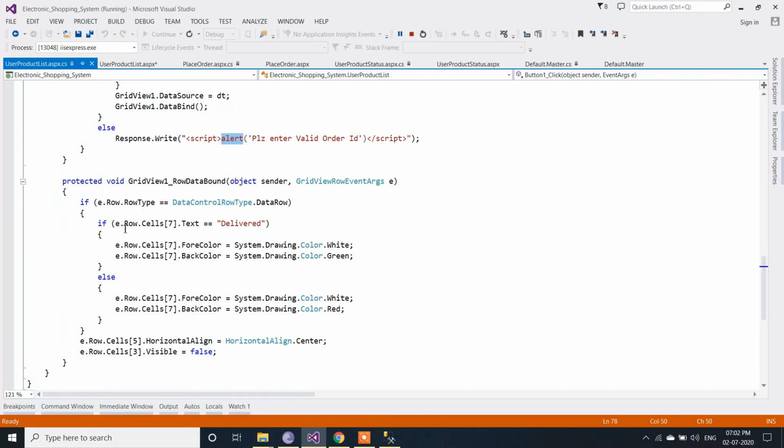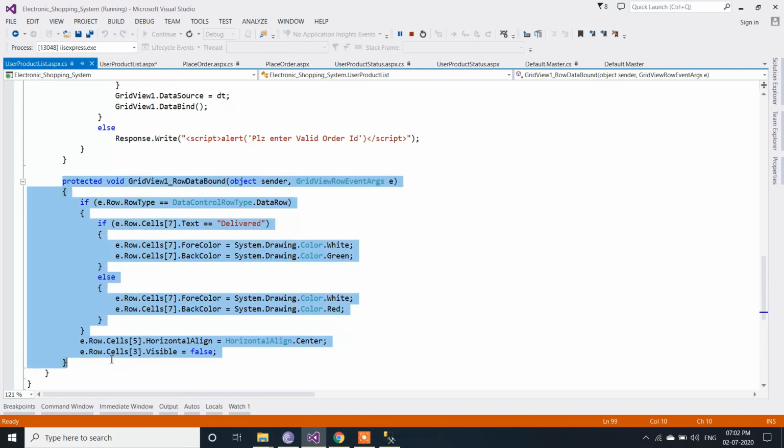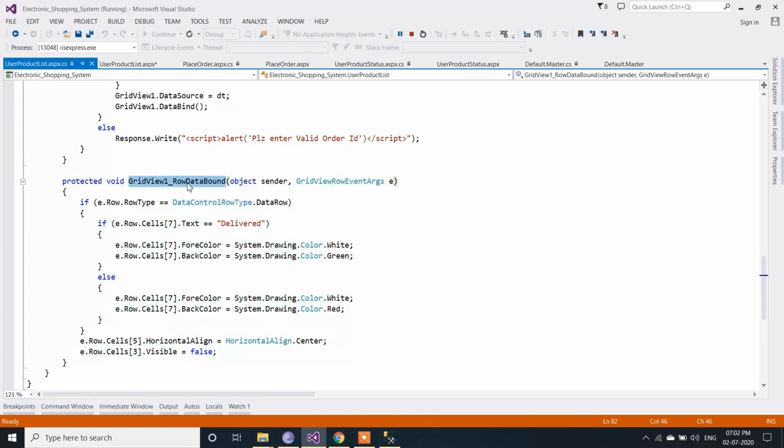Now here, the event which we have created for GridView1 is RowDataBound. And what's the purpose of using this event? As the name indicates, RowDataBound binds the data present in the grid view for a particular row.